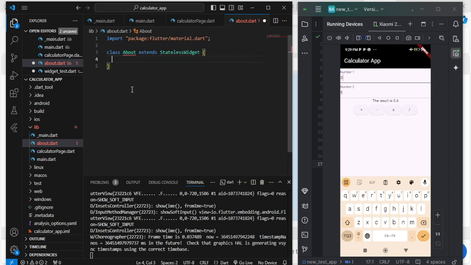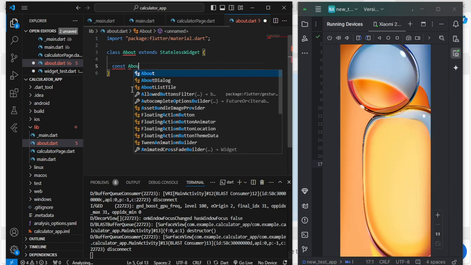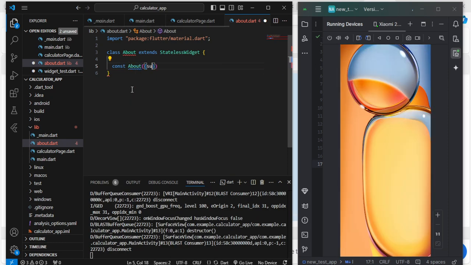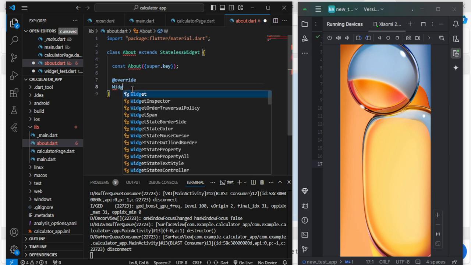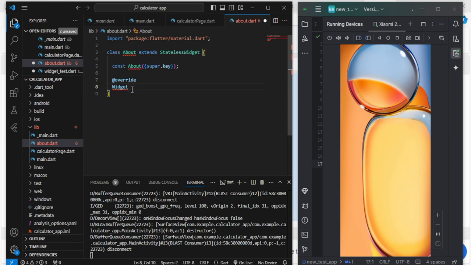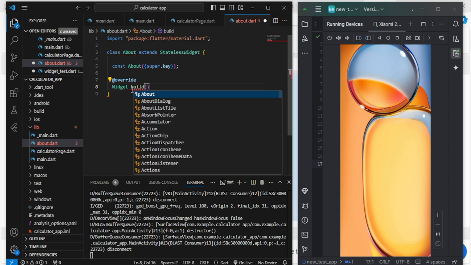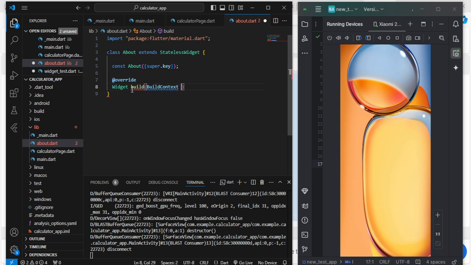So when we do that, const about, which is the constructor, super.key, right? And we're going to have the build widget override, and then we say widget build. We're going to have the build function, sorry, method. I would say build context,